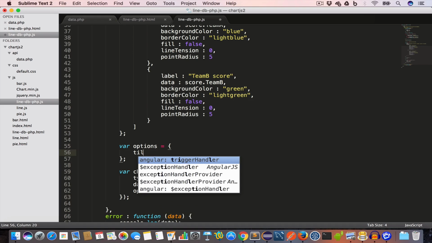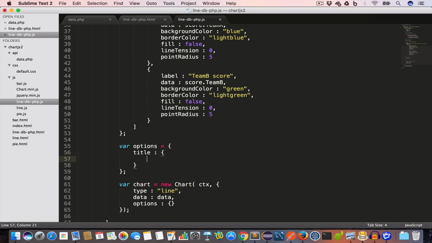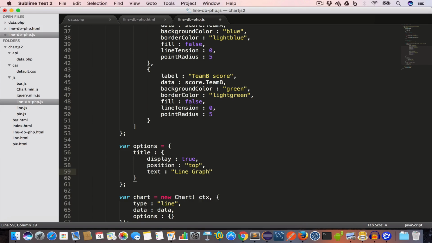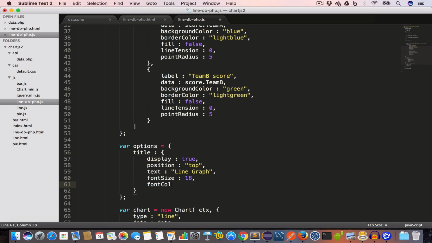So we'll write title, which is an object, and we'll set display to true, position to top, text to line graph, fontSize to 18, fontColor to #333,